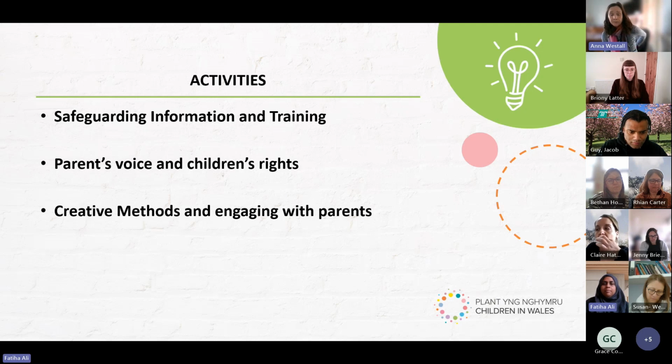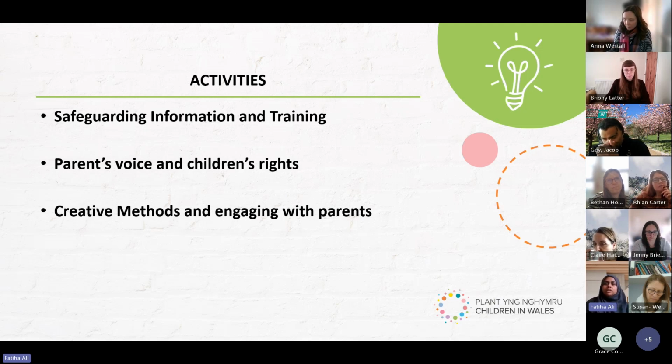Yeah, so I think we discussed it a bit in the breakout room, but it's about combining consultation with a well-being activity. So not calling it a consultation, maybe calling it a coffee morning. You could do a yoga class, like Jacob was talking about, or a walk. So combining the consultation with some sort of well-being activity, because parents don't have a lot of free time. So when they do have free time, they want to be doing something which is nice, or which is going to benefit their well-being.